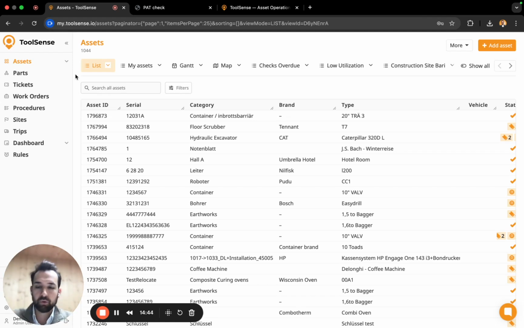And then on the one hand, the right person can get notified. So you can set up who should get notified and how the notification should look. And on the other hand, we also have,